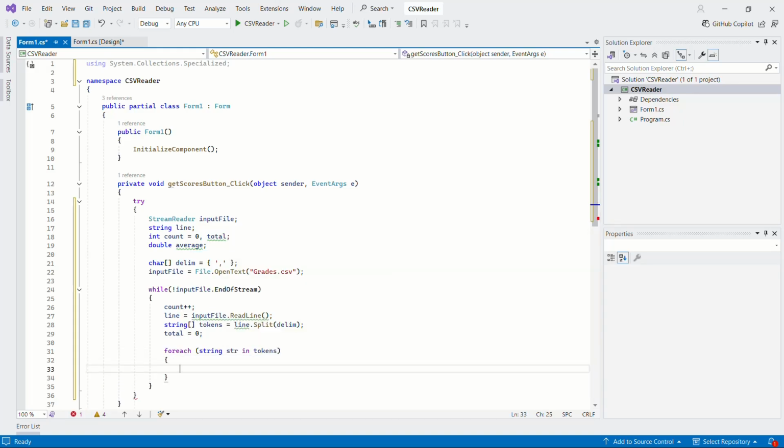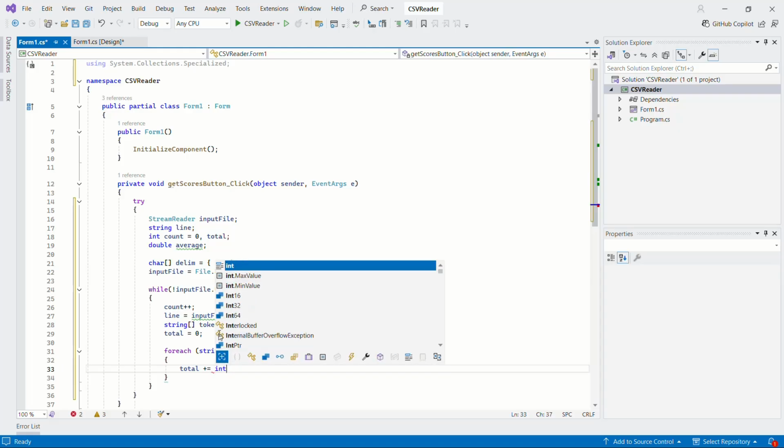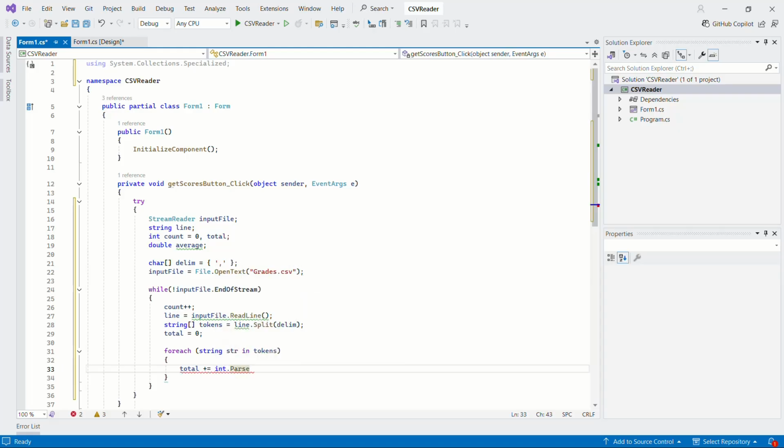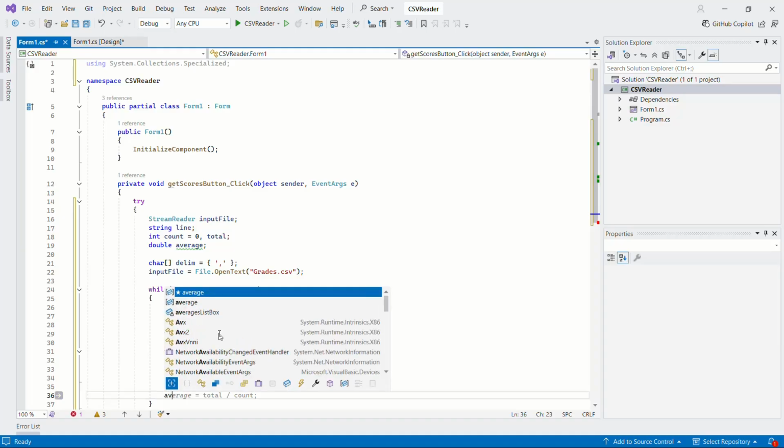And what we're going to do in here then is total plus equals int.Parse(str). That takes care of the foreach. So then average